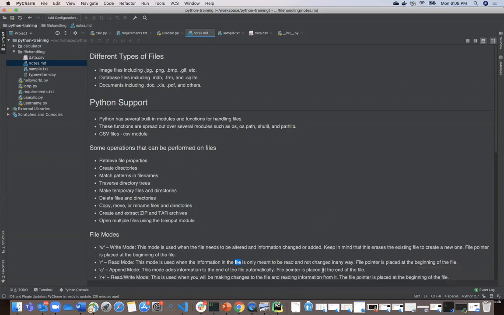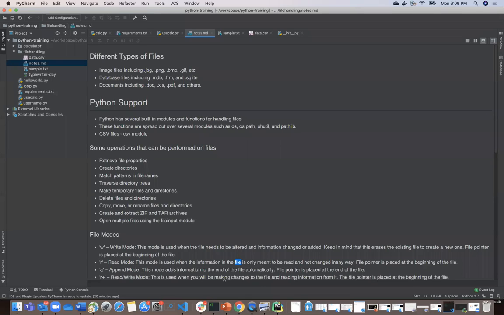Whereas in append mode the file has to be there, and as you remember in the list also, append added an element at the end. So the append functionality will help you add the content that you give at the end of the file. Imagine a typewriter, right? When you open a file in append mode, by default the cursor would be at the end of the file. But when you open a file for reading and writing, the cursor will be at the beginning of the file, the zeroth character, the top left character.